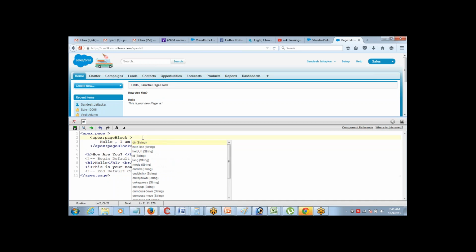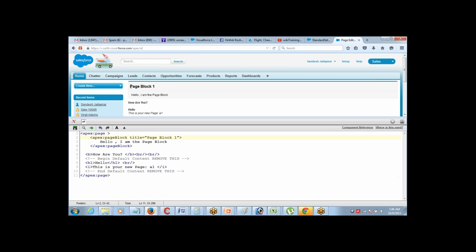There is an attribute for the page block which is called title. Okay, and the title you can supply a string value which can become the title for the page block, right? So this way, for everything we have a component, and we have certain attributes associated to the component, like title is an attribute for the page block component.